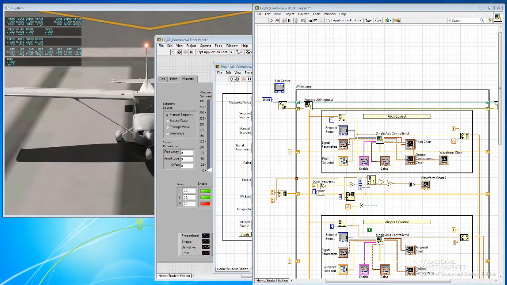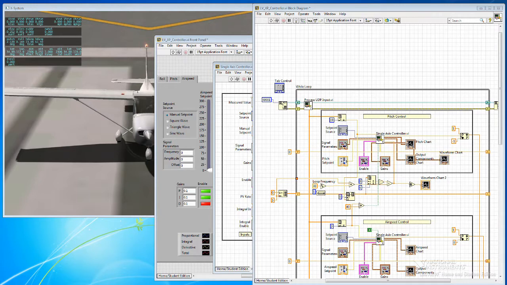So if we're on the ground, for instance, we know that we're not likely to be able to achieve any given pitch set point because the pitch angle of the aircraft is just controlled by it sitting on its landing gear. Similarly for roll, so we might want to disable integral completely while we're on the ground. But we need to think about whether we want it always disabled when we're on the ground or just sometimes disabled. So for example, our pitch integrator,